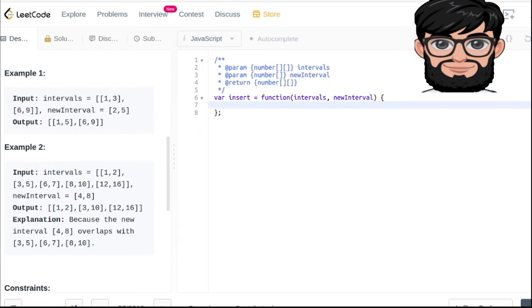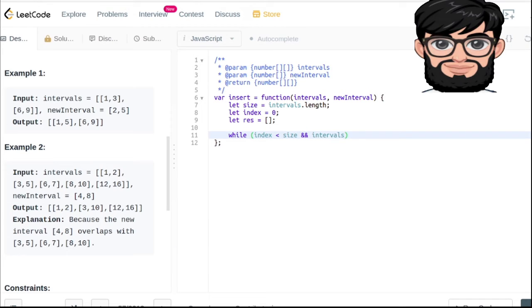So the way we're gonna be doing it is, initially we're gonna say that the size is equal to the total number of intervals, and then the index we're gonna initialize to 0, and result is empty. Then we're gonna say while the index is less than the size, and